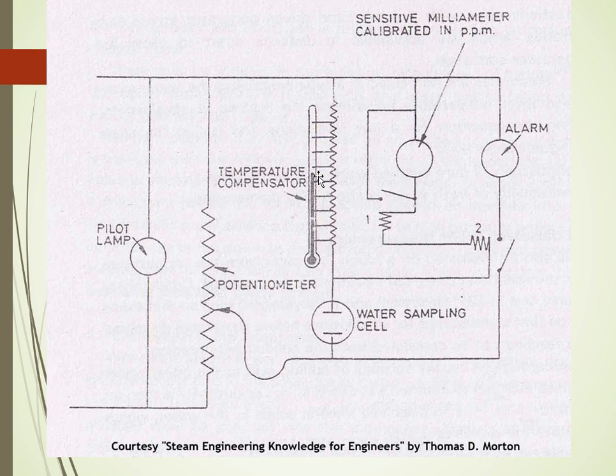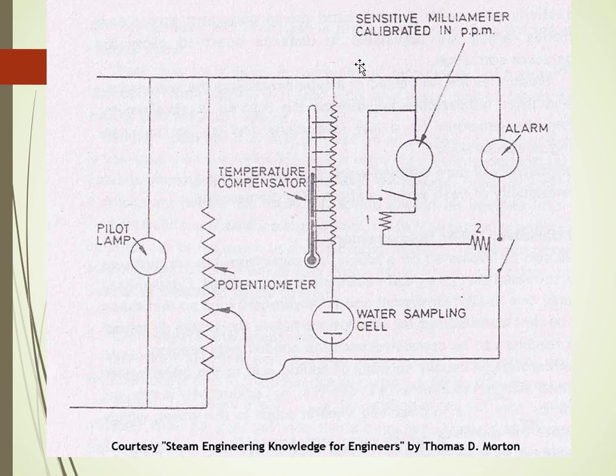And there is a temperature compensator. We know that water temperature increases conductivity, so temperature compensation is required. A temperature compensating device, basically a thermometer, is shunted across the meter and protects it. See, it is in parallel to this meter. What happens in a temperature compensator is that the temperature increase causes a rise in mercury level and cutting out of resistance, which allows more current inside the temperature compensator and less current to the ammeter, so that it doesn't damage this ammeter.